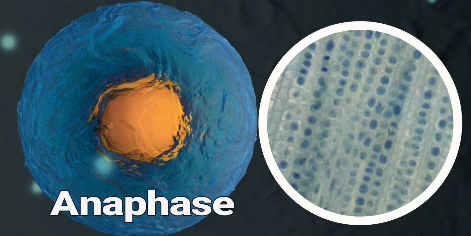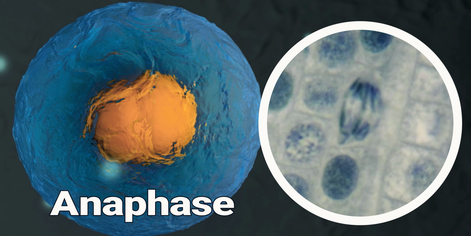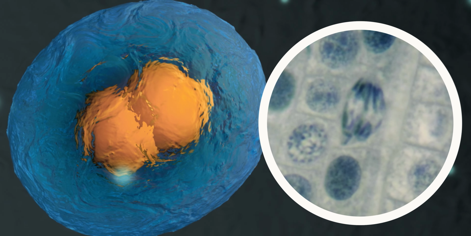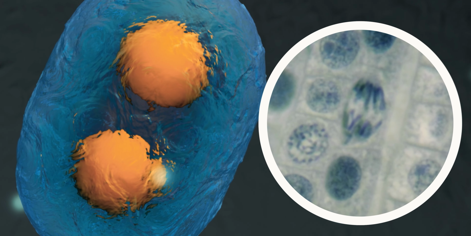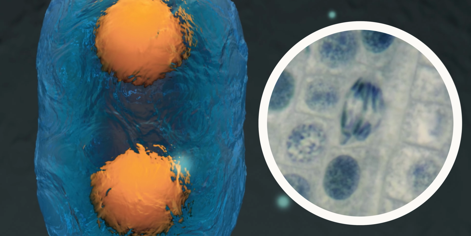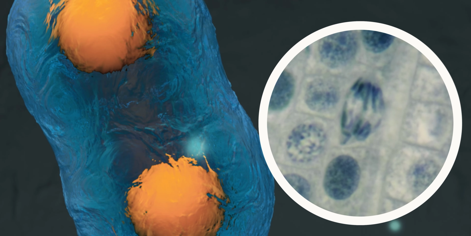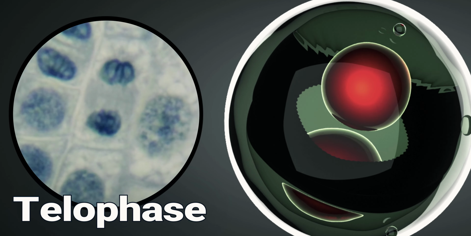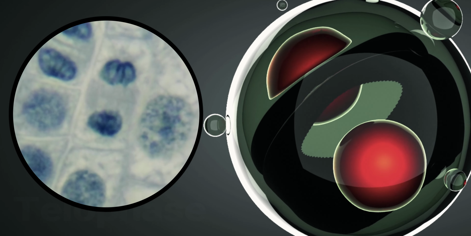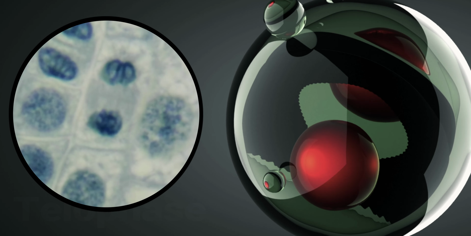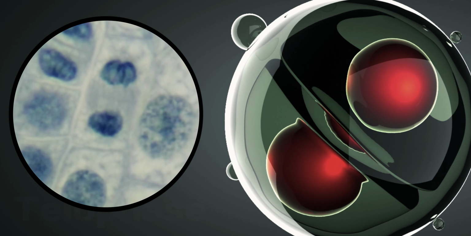The next stage is anaphase. During anaphase, the copies of the chromosomes are being pulled apart to opposite ends of the cell. You can see when they are being pulled apart how 2 new groups of chromosomes of DNA are being formed. The last stage of mitosis is called telophase. During telophase, we see that the 2 new nuclei are forming and we have 2 identical groups of chromosomes.